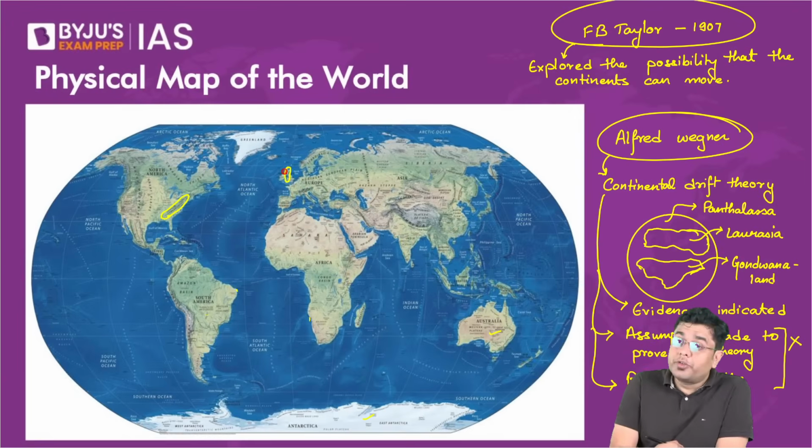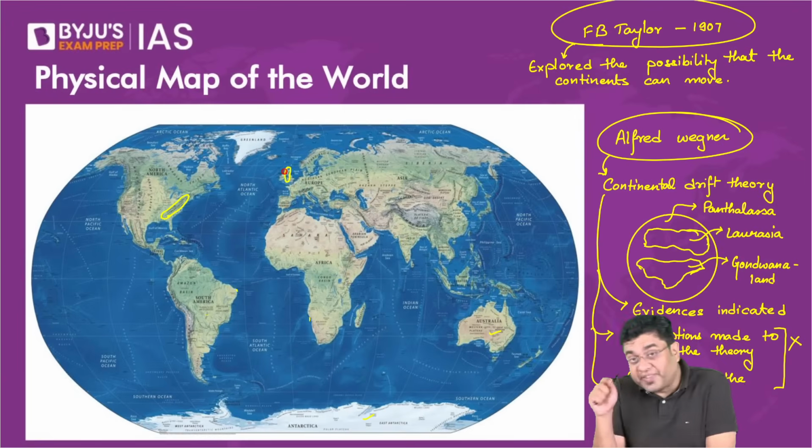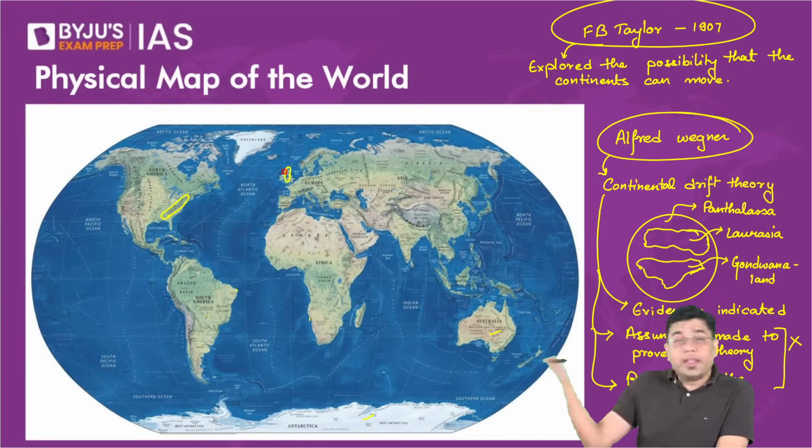Now, these rocks resembled each other not only in their precise age, but also in terms of their formation, their geological structure. Again, that was too eerie a fact to be regarded as coincidence, and it could not be possible that rocks in altogether different areas have the same kind of formation.